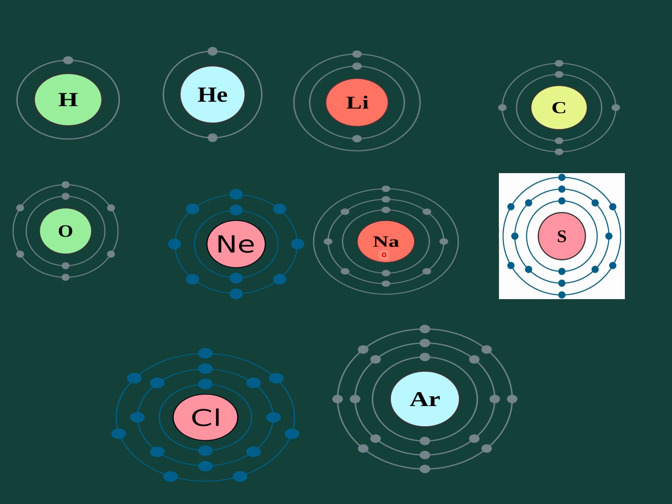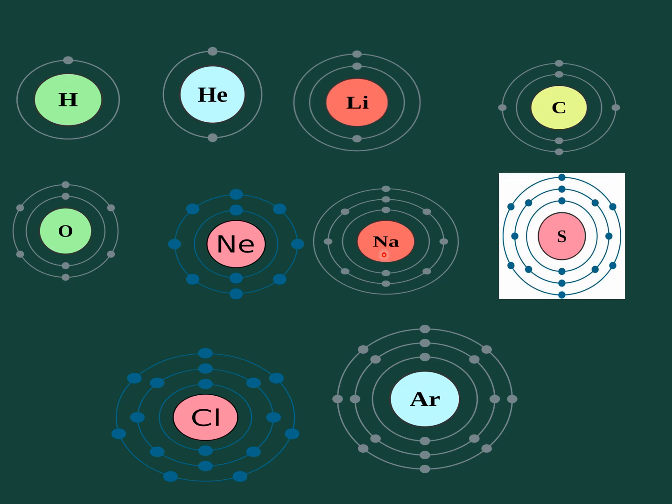Which one is easier? To lose 1 electron. So sodium always loses 1 electron, that is 1 negative charge, and becomes Na+. So the valency of sodium is +1. That is how, if 1, 2 or 3 electrons are present in the outermost orbit, those atoms tend to lose 1, 2 and 3 electrons respectively while forming compounds, and their valency is also +1, +2, +3. That is how from electronic configuration you can determine the valency of an atom.